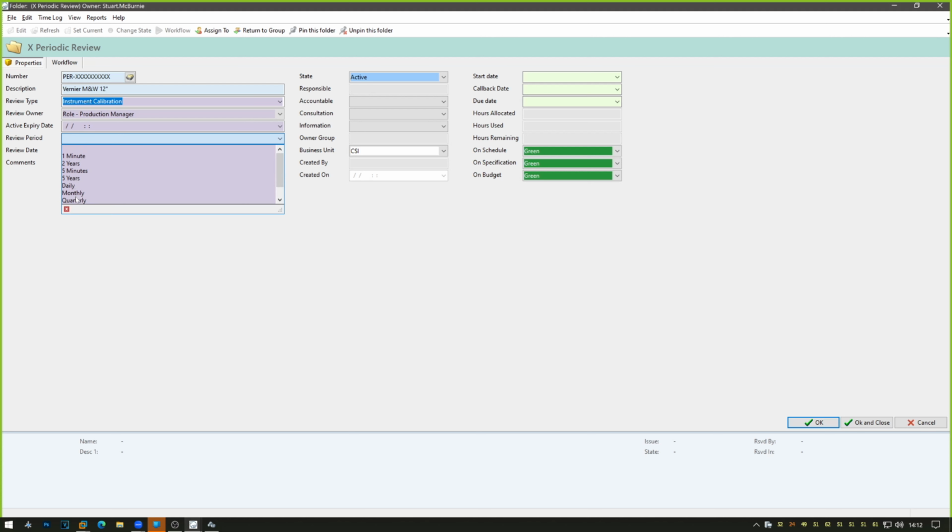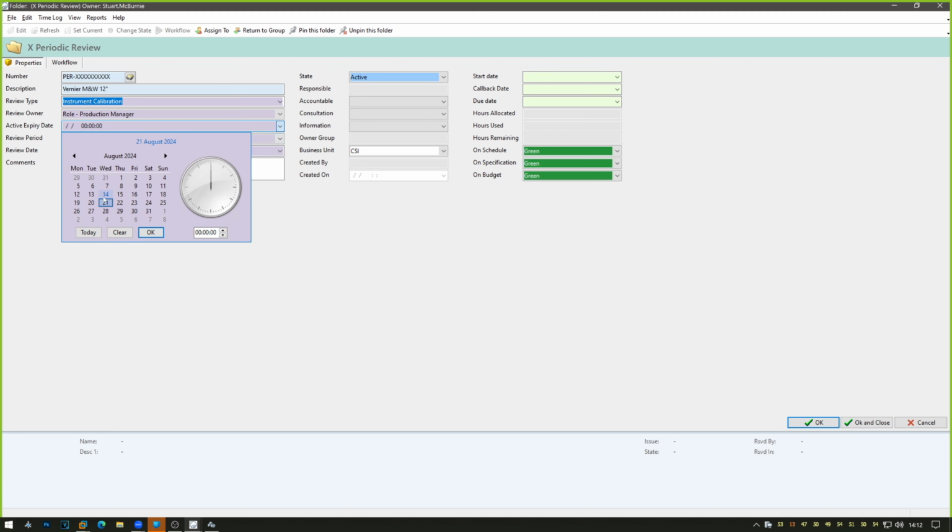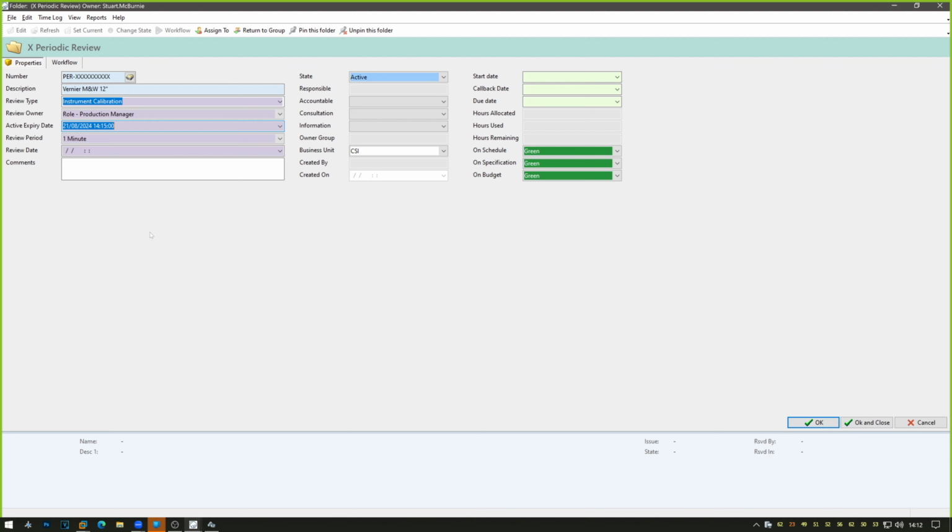So you build the values into this field as straight lookup options. Now I've created one here called 1 minute, so that for doing this demonstration, we don't have to wait for 11 months for the timeout to happen. So I've created a situation that is not normal, but it's purely for demonstration purposes. And therefore, if I set my expiry date to today at local time of 14:15, and I'm allowing 1 minute for the review to happen,